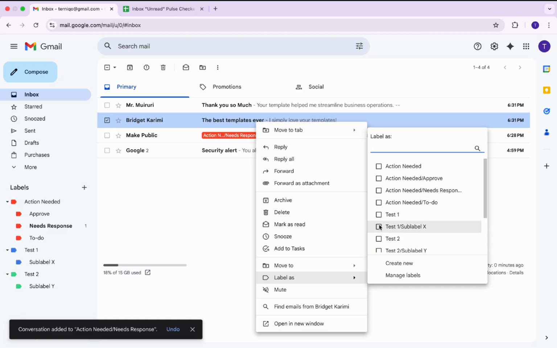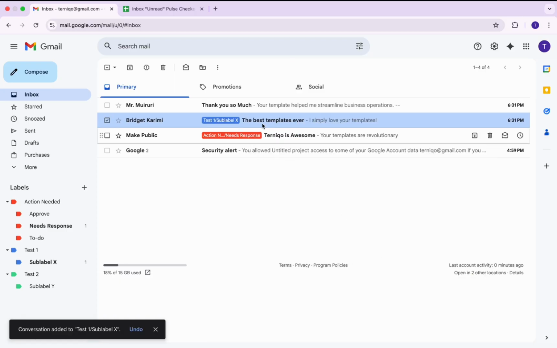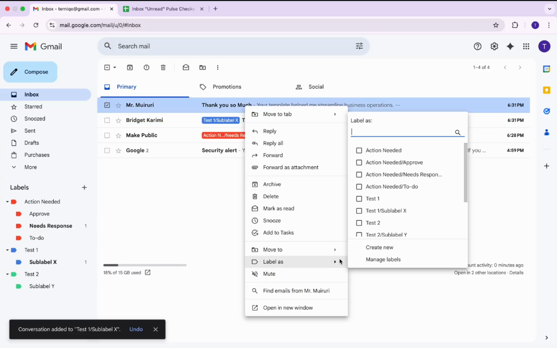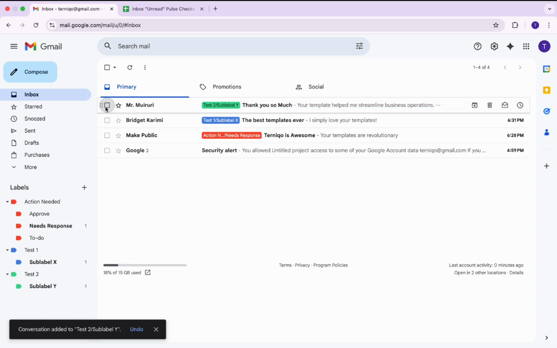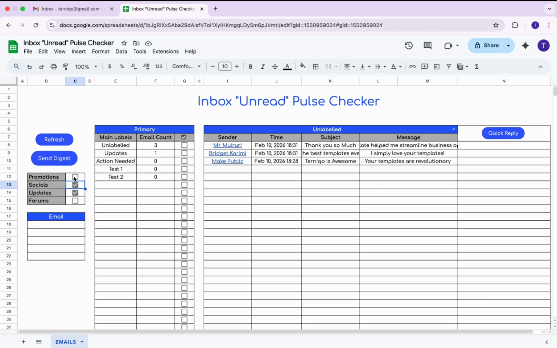So I'll designate this other one to the second one, and for the first email I'll designate this last label. There we go. So all the emails we have are designated to particular labels, and I'll just uncheck this too. When I hit refresh,